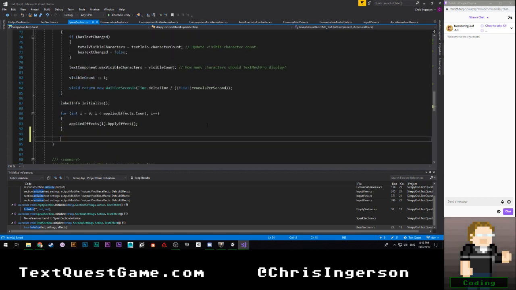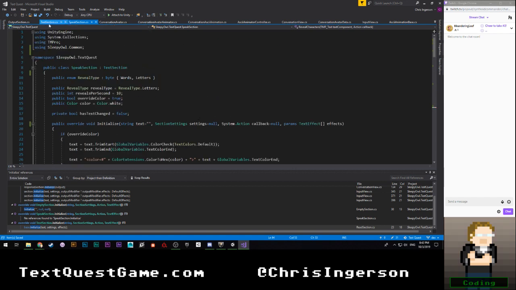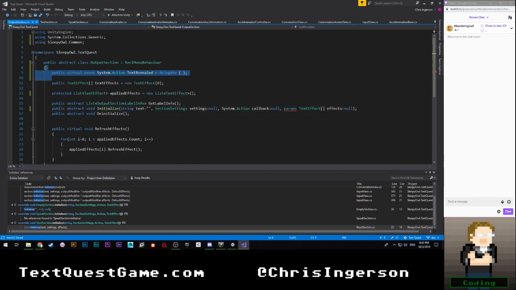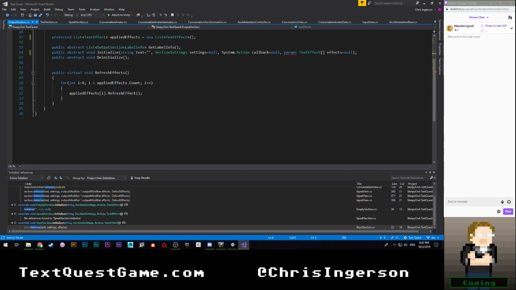And then at the very bottom here, we're just going to say if callback does not equal null, callback.Invoke. Okay. And then we can go down to our base, get rid of this. Don't have to worry about that then.